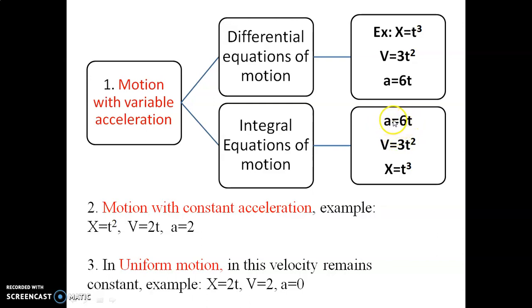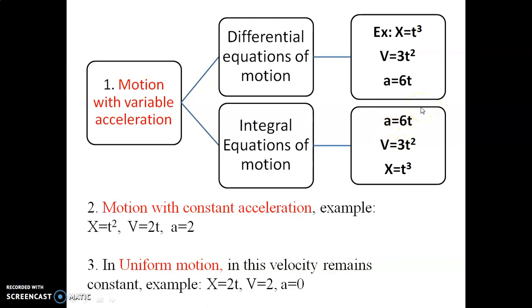By using the concept of integration, I integrate 6t with respect to dt. 6 is a constant number, so I need to integrate only t with respect to dt, because time is the variable here. That's why the integral operator will be dt. So what is the integration of t with respect to dt? That is the power rule: add one to the power. If I refer to the power rule of integration, here the equation is acceleration equal to 6t.